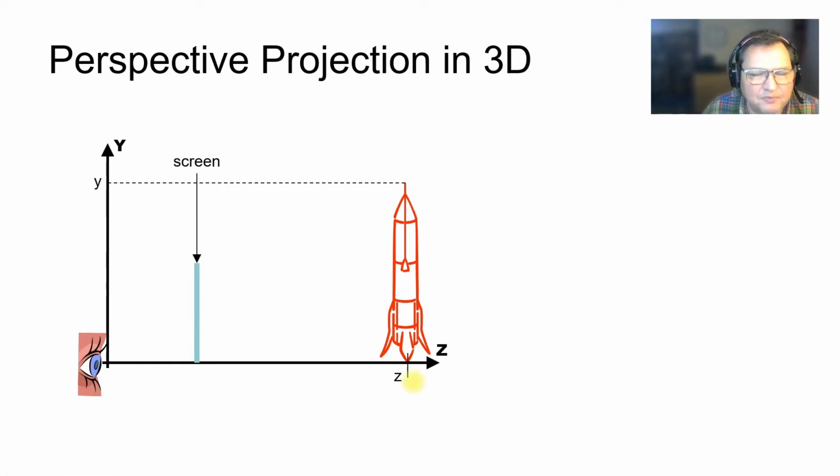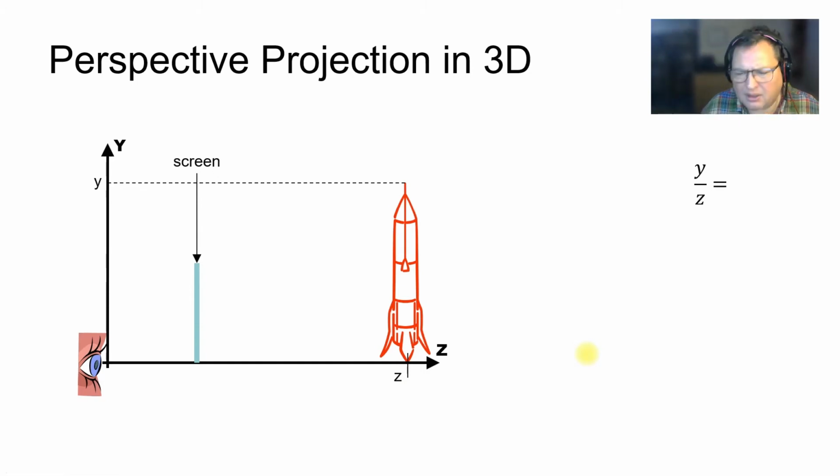That's the z. And with these coordinates, we can now write the first part of our proportion based on the Thales or proportion theorem, y over z. So y is the height of this rocket and z is the distance from the observer. You might ask, okay,